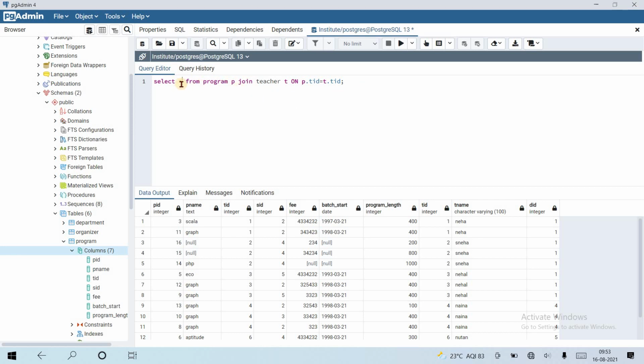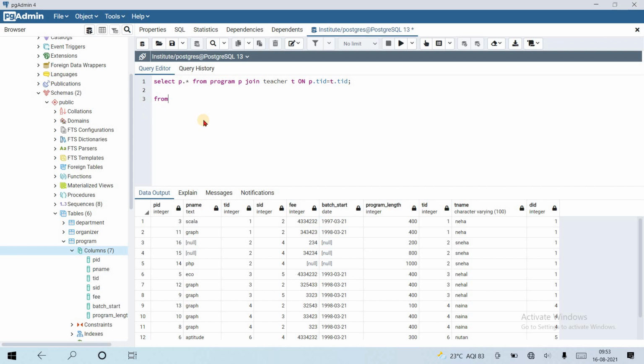If you want star, that is all rows from these, here you can see PID, pname, TID, SID, star, program length, up to this all the program columns, followed by all the teacher columns. Okay, let's use p dot star. Now we know that P is an alias for program. In SQL execution order, from executes first, after that where, and after that group by, order by, having, limit, like this.